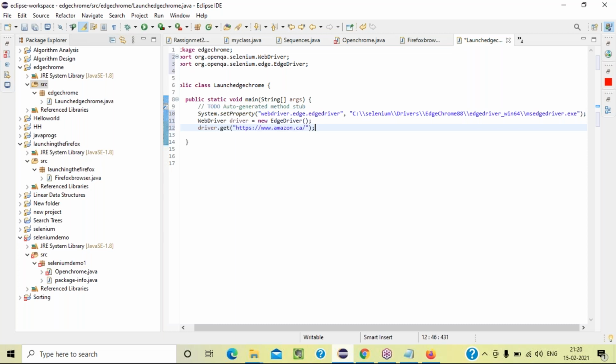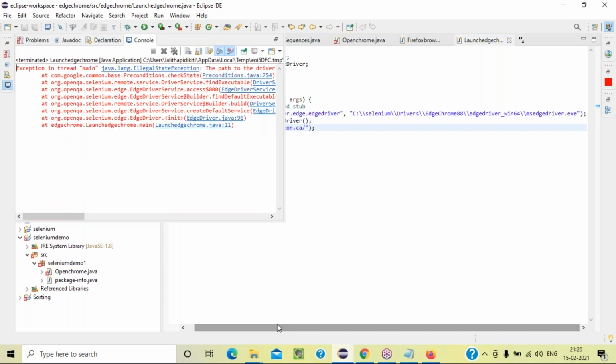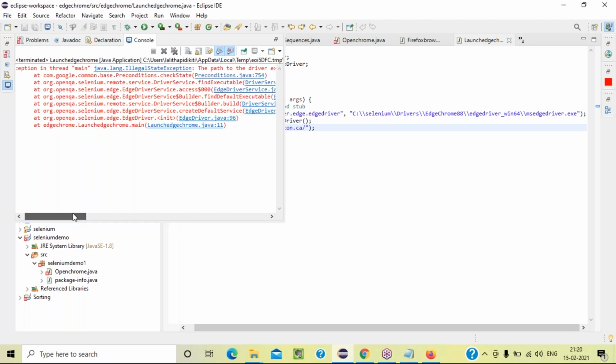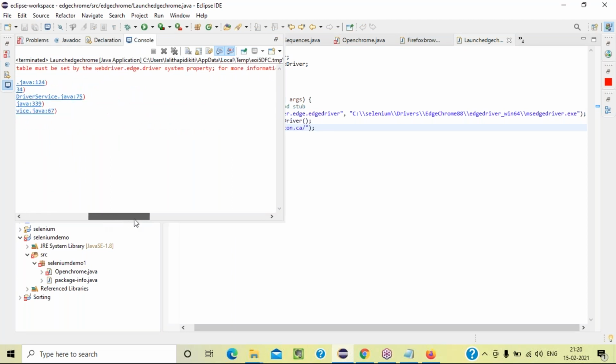Control S and run now. What is it saying? It is asking you to write again. So hold on. WebDriver dot edge dot driver. Copy that key up to driver.